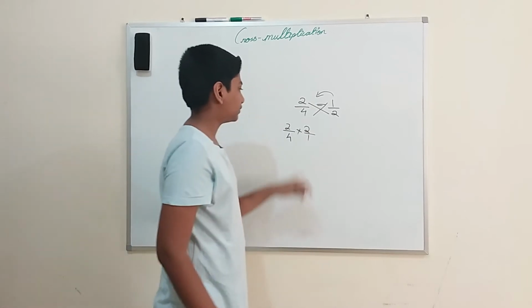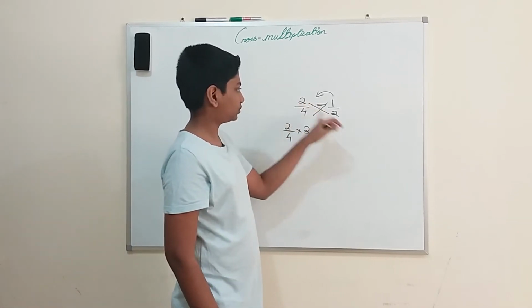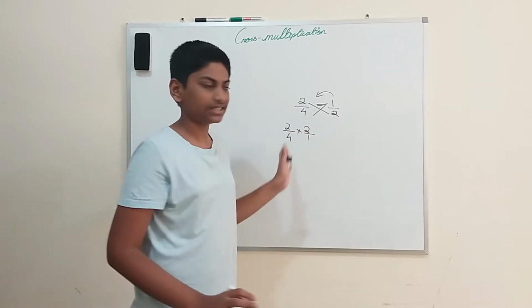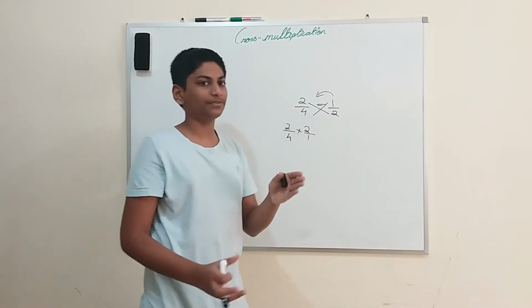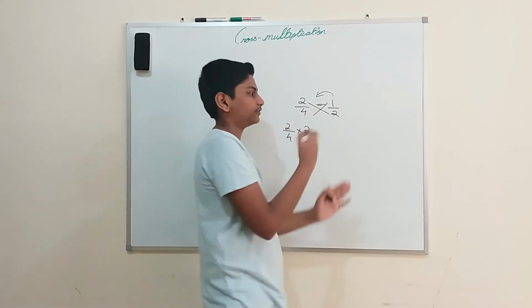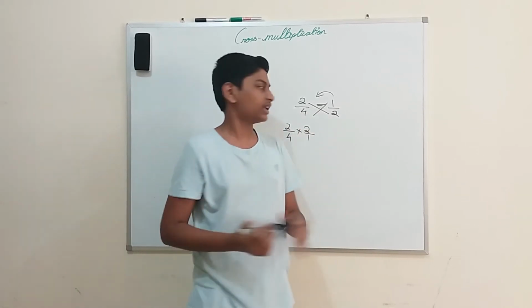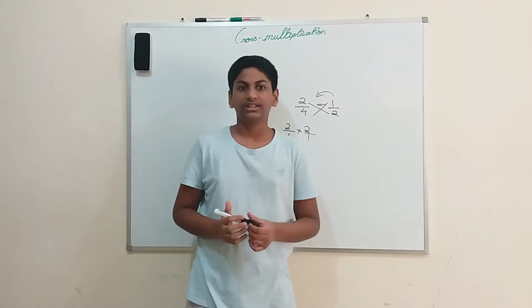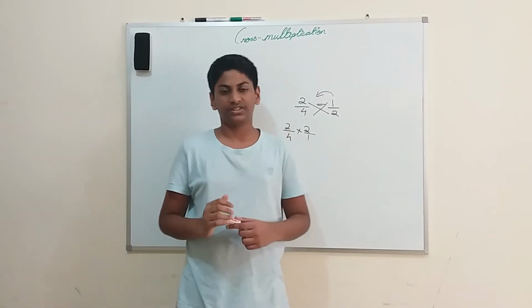So what happens over here? 2 into 2, so here also 2 into 2, 4 into 1, 4 into 1. We are just making it simpler, instead of transforming it over here and collapsing our brain. We'll just put two lines over here and multiply, and we'll get our answer. That's what is called cross multiplication.